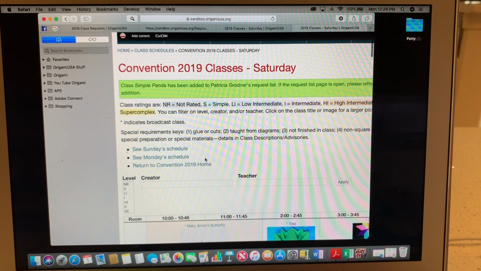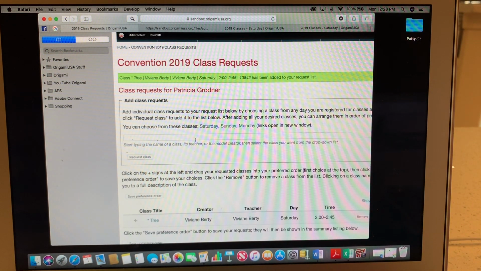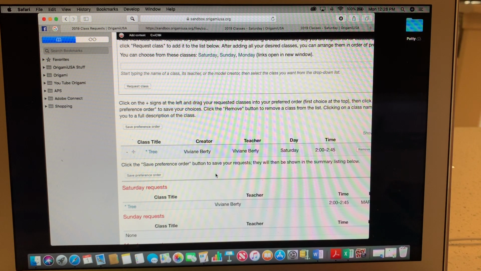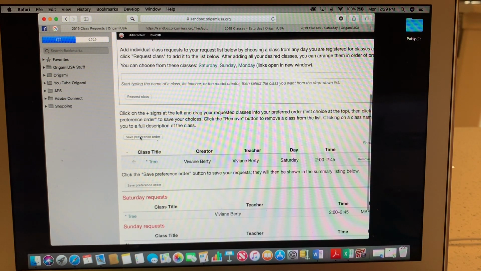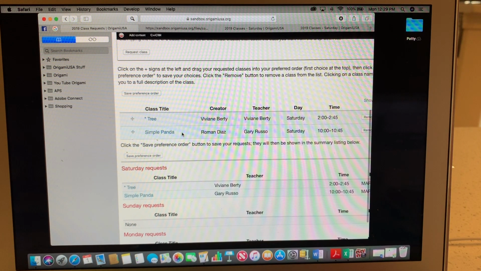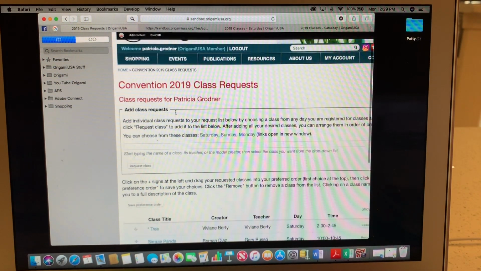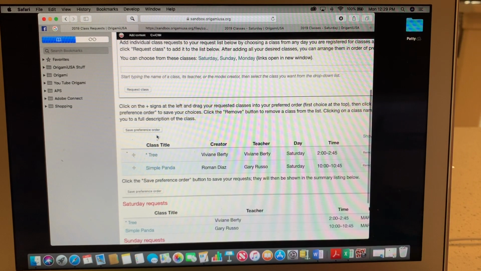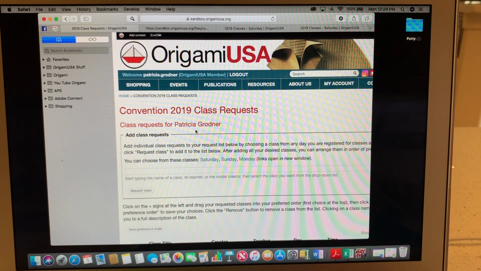So if I go back to my classes, my class request page, now I don't see that that class has been added from the visual menu. But what I need to do now is save my preference order. And once I do that, you'll see that the symbol panda has been added. So that's one little additional step you need to do after you have chosen from the visual menu. You have to click Save Preference Order. So you always want to be making sure that you save what you do, the preference order, the classes. If you see a save button, go ahead and click it